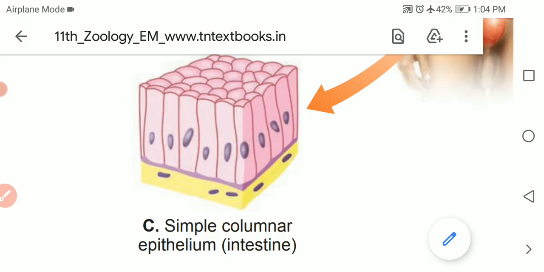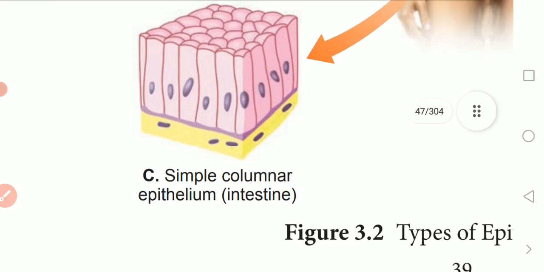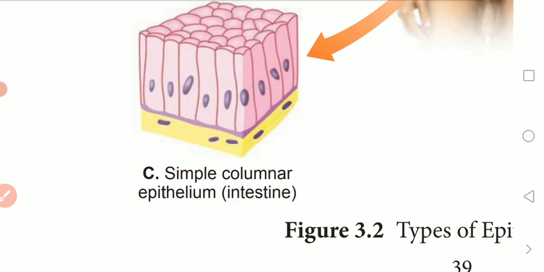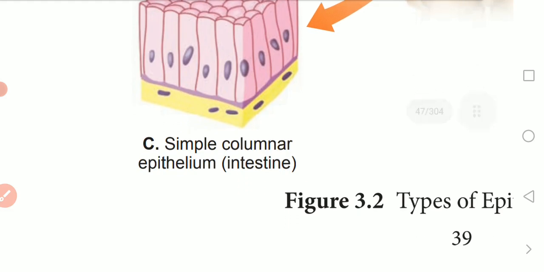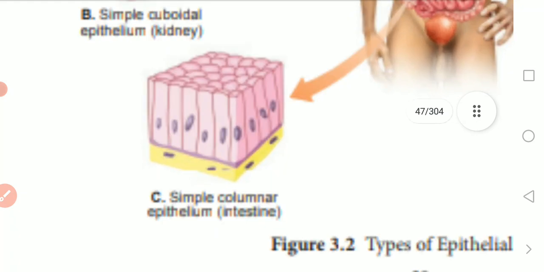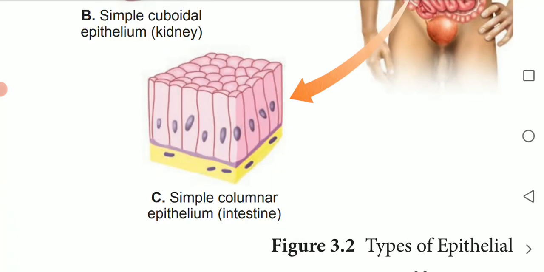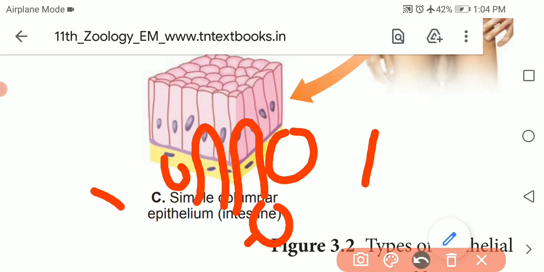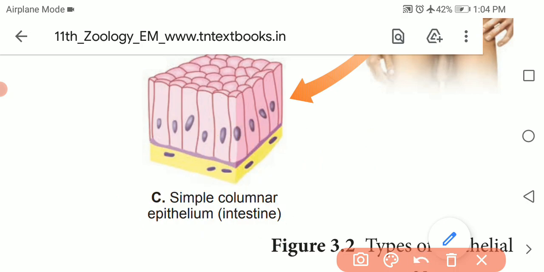After the nuclear structure at the base, it lines the digestive tract from stomach to rectum. So this columnar epithelium is present from stomach to rectum. The two modifications of this lining are the presence of microvilli on the apical surface. A modification means a slight change which occurs in the lining of these columnar epithelium cells. What are the two modifications?